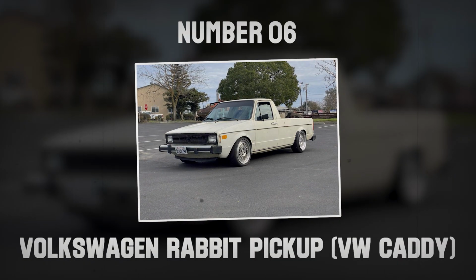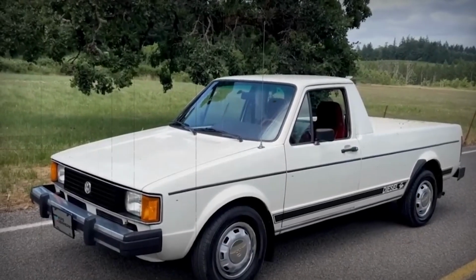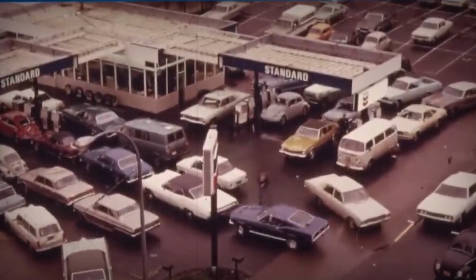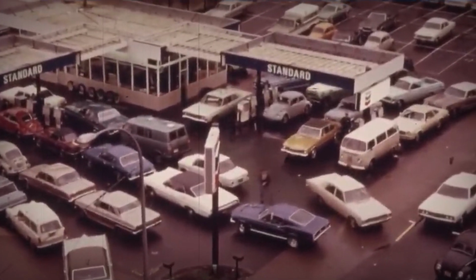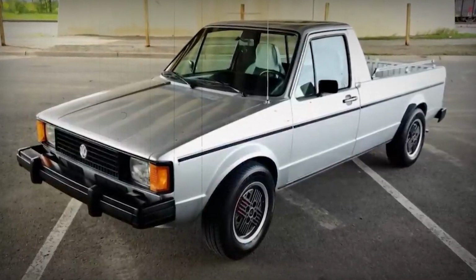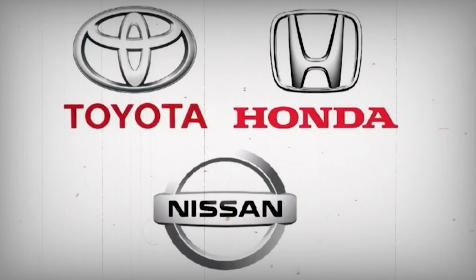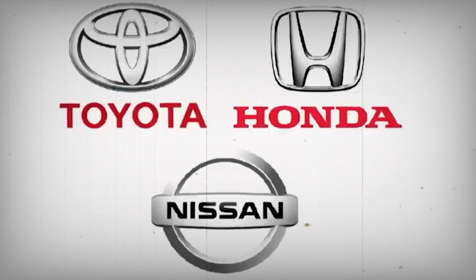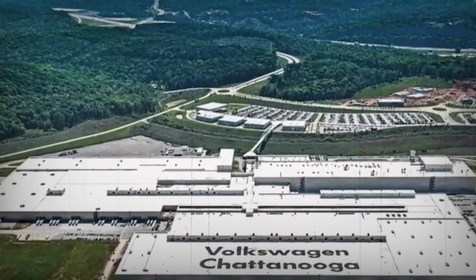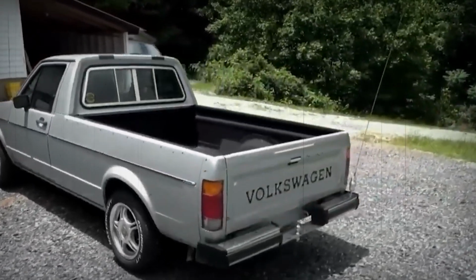Number 6. Volkswagen Rabbit Pickup. The Volkswagen Rabbit Pickup, known as the VW Caddy in some places, has a fascinating history. During the 1970s fuel shortages and economic problems, Volkswagen needed a budget-friendly and gas-efficient car to regain its popularity after the Beetle started losing fame. To better compete with Japanese brands like Toyota, Nissan, and Honda, they opened a factory in Pennsylvania by taking over an unfinished Chrysler plant. This is where they began making the Rabbit Pickup, their practical answer to the fuel crisis